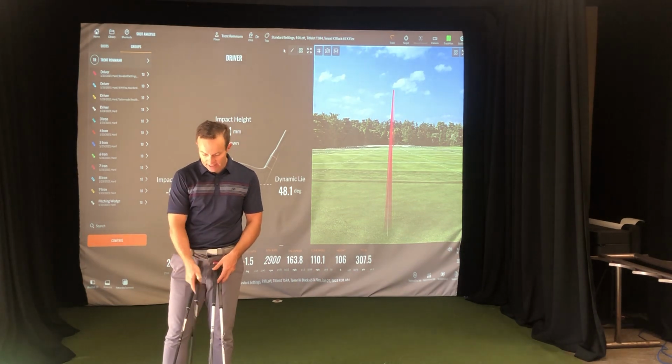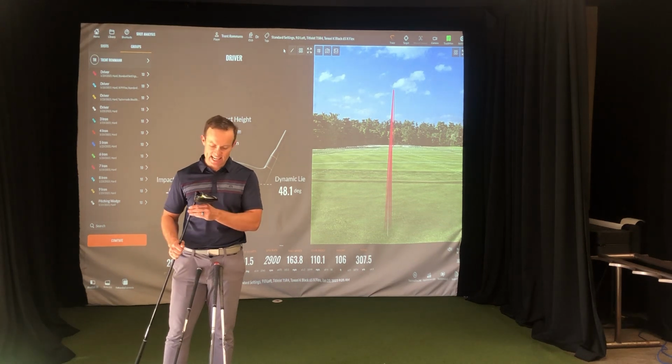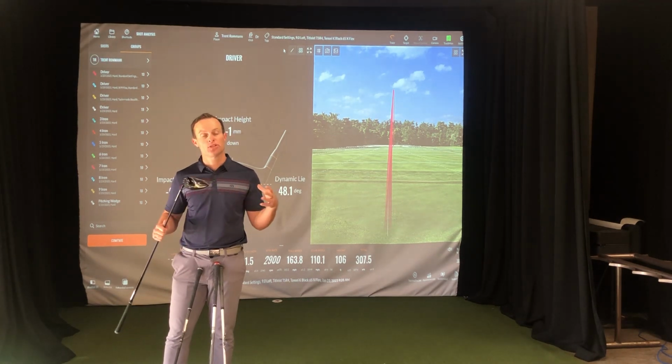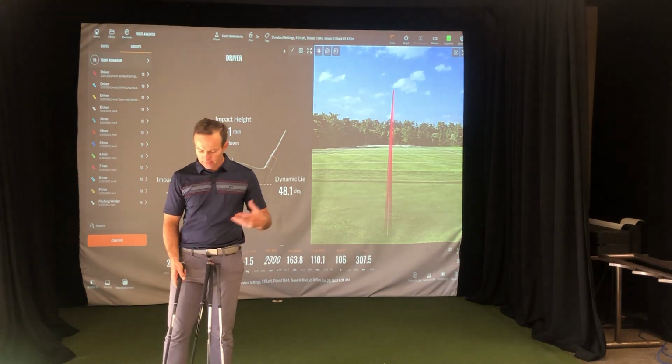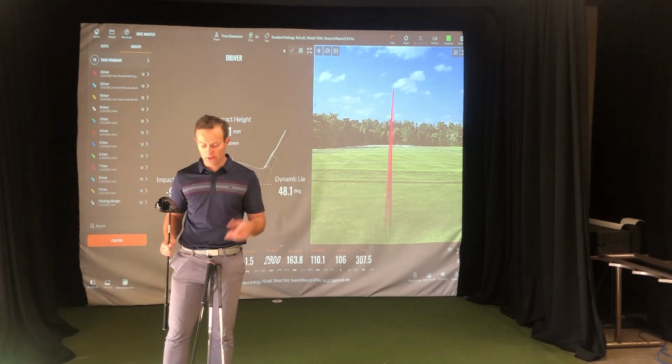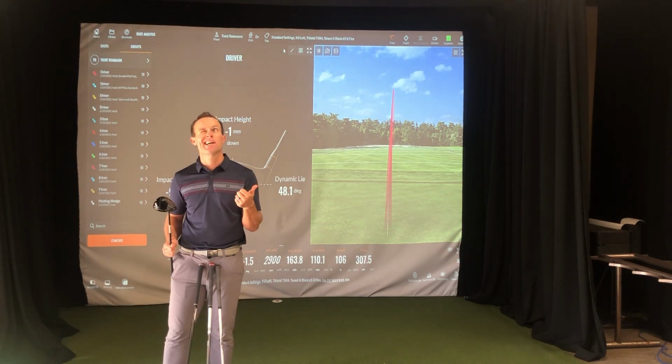The Ping G430 is also a 460cc head. It is the Max head, so it's the larger head, a little bit more forgiving, higher launching head. In that one, they have a couple other options. I think it's called the 430, there's definitely the LST, that's a low spin